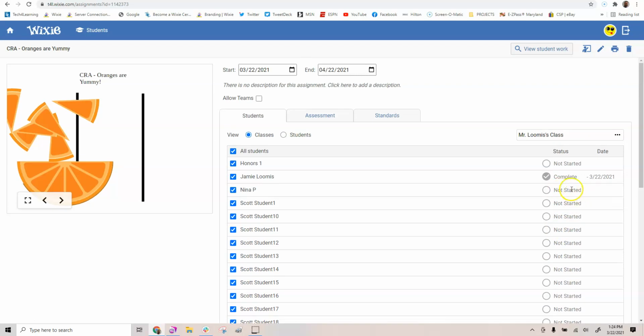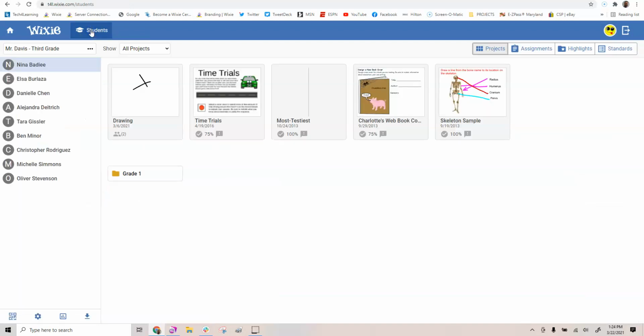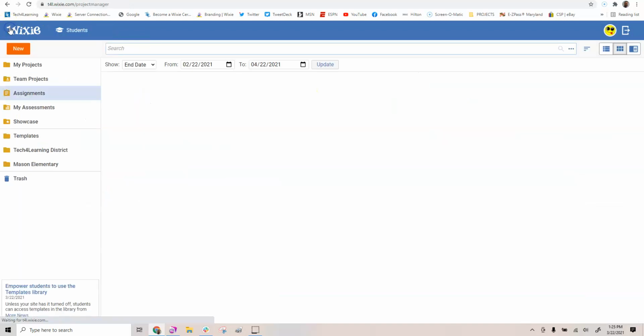I'm quite confident it says in progress, showing that they at least have opened the file and they're working on it. So the other end of this, though, is as a teacher, because this way I can give comment to her now before the deadline, and maybe they can go back and revise it. Because when you're viewing the project,